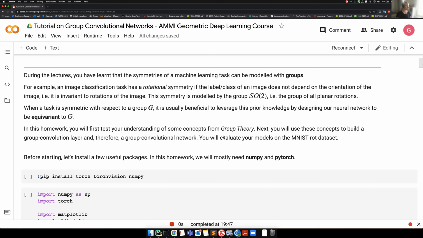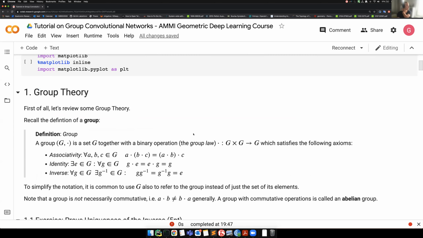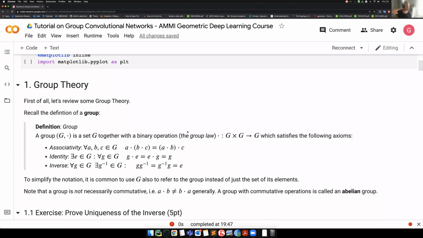Okay, so the first part: here we are just installing a few useful packages, so that should be fine. And then we immediately go into group theory. Again,